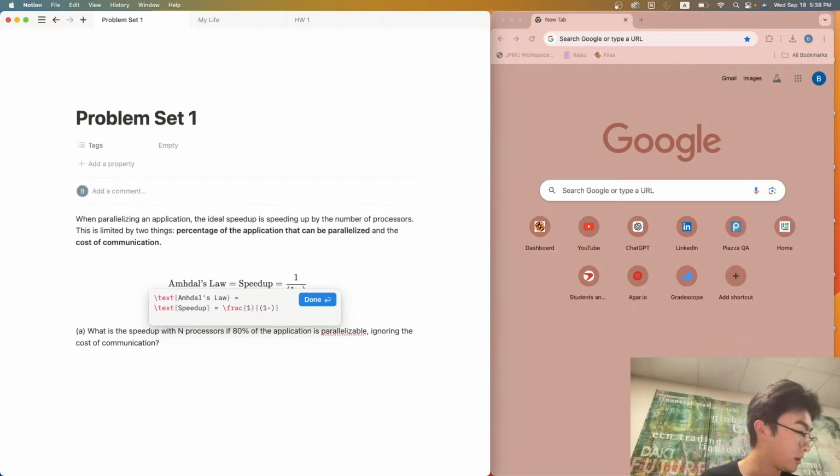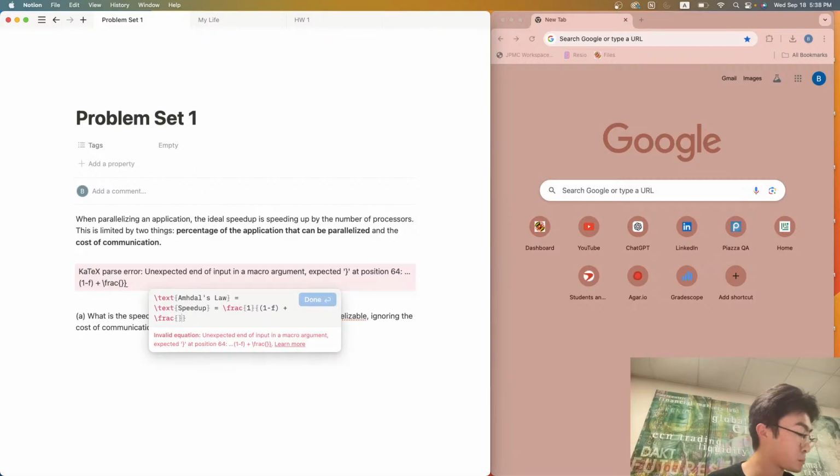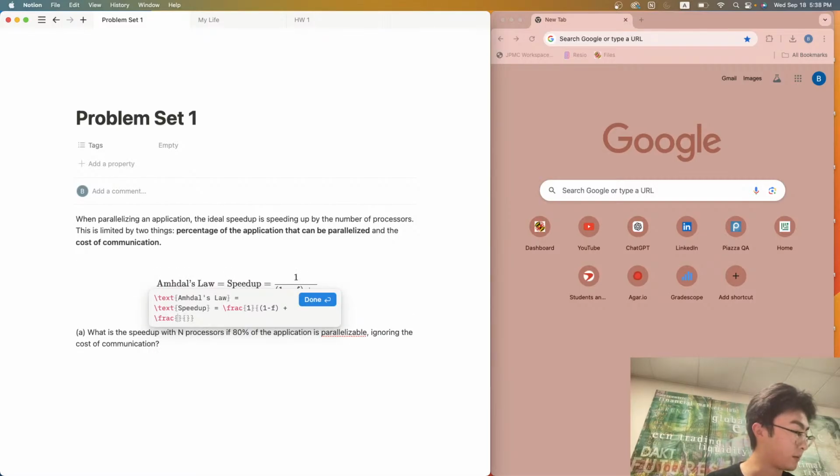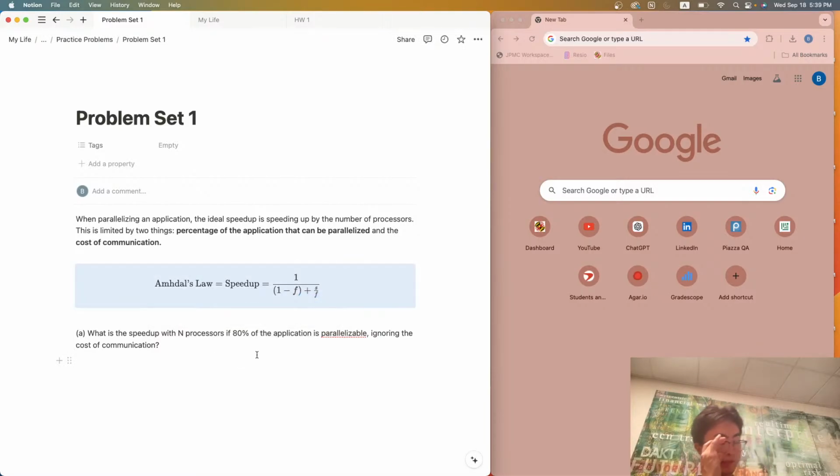So I'll call it F, and right, so we have S of F. Right, because this F here is going to be a number between 0 and 1. And the speed up then is,